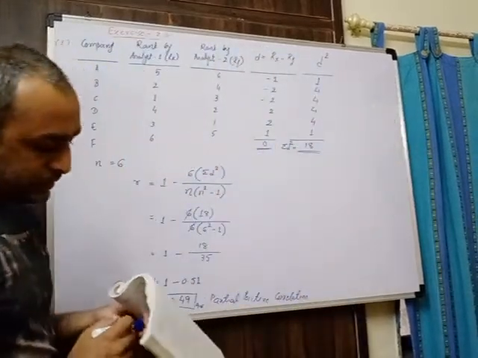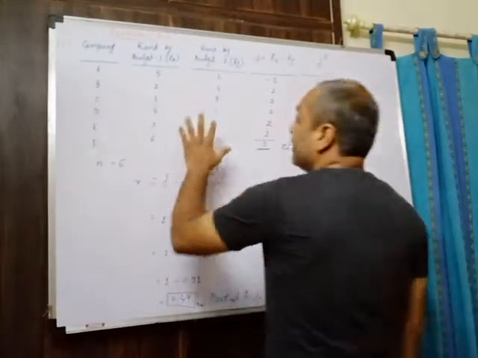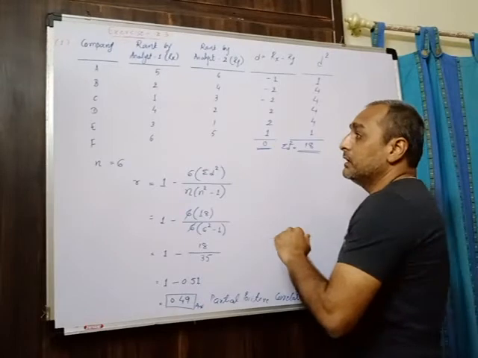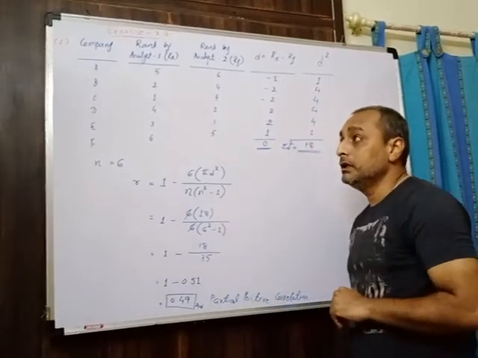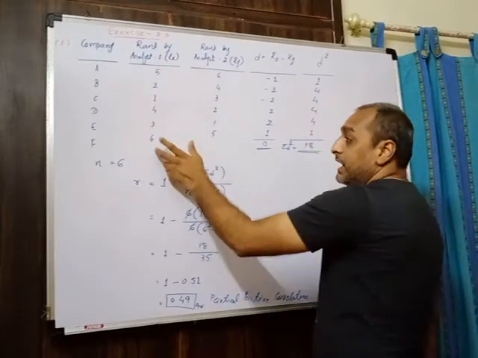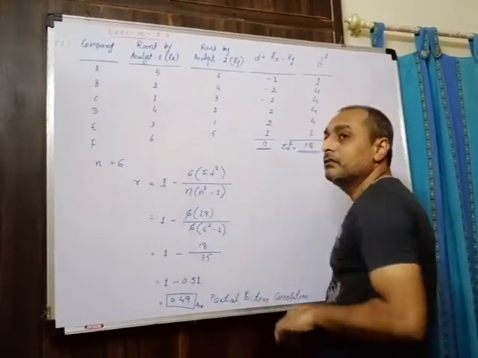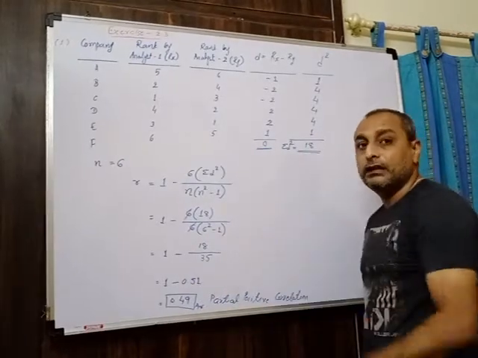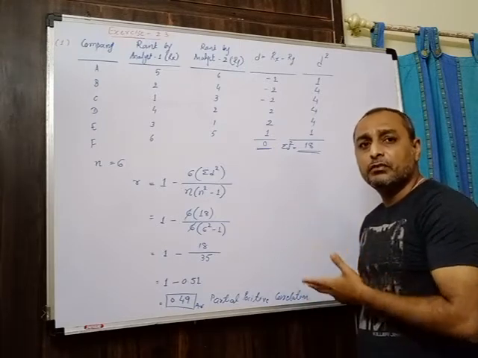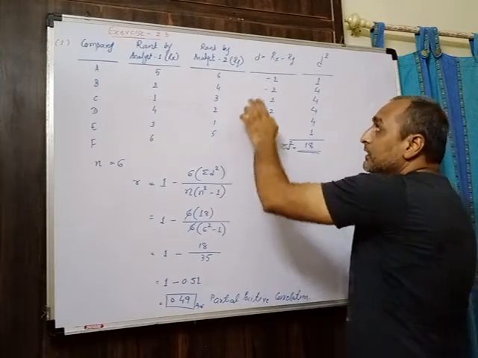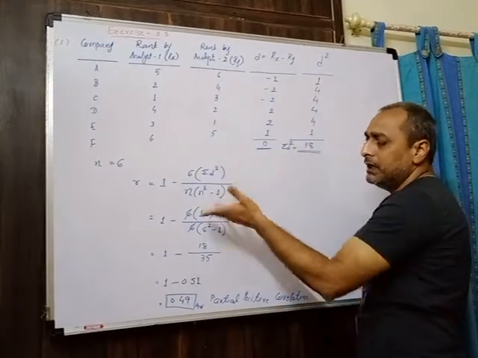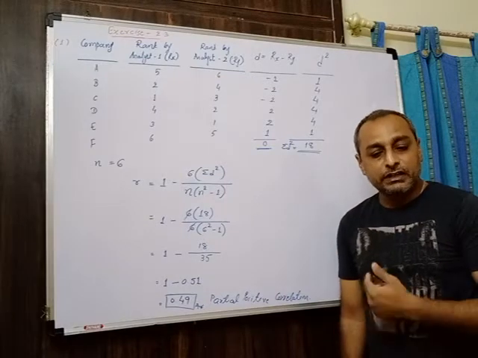This is the simple one. Over here the ranks are already given to us, and accordingly we calculated the answer. So it is very simple. But now the next sum which we are going to solve, the observation values are provided to us and these ranks we have to assign. According to that we'll find out these other values, and then we can calculate the answer. So that kind of sum we'll see now. This is the first and simple one, when the ranks are provided, how you can calculate directly. In that case only d you have to find out, the difference of these two values, and its square total you require over here, and n is already available, the number of pairs of observations. So that is the simple way.